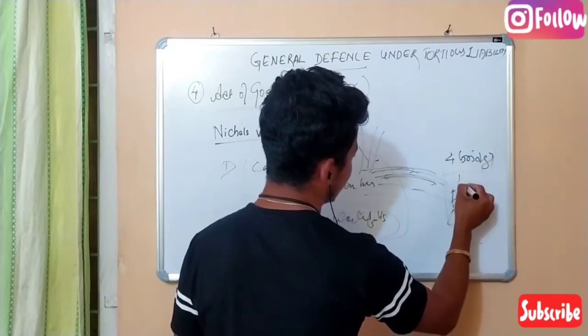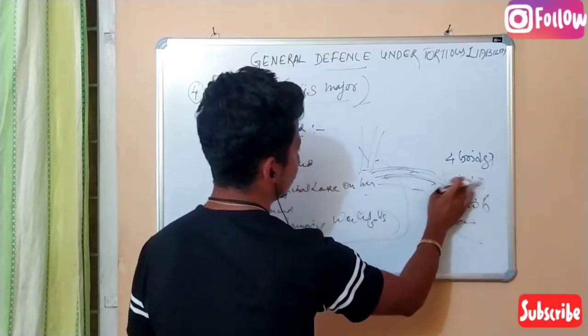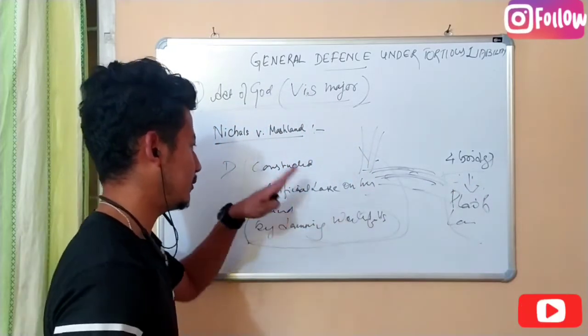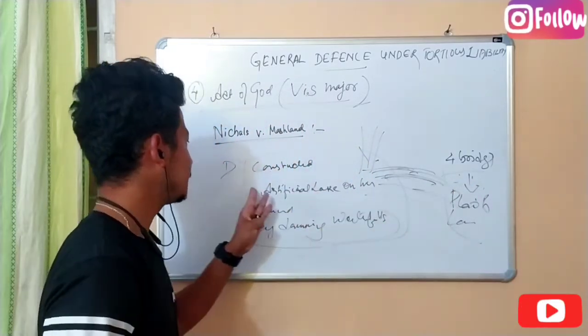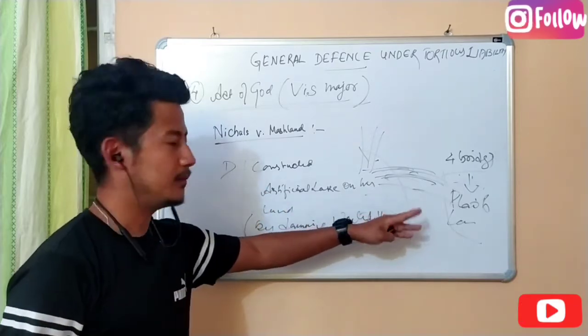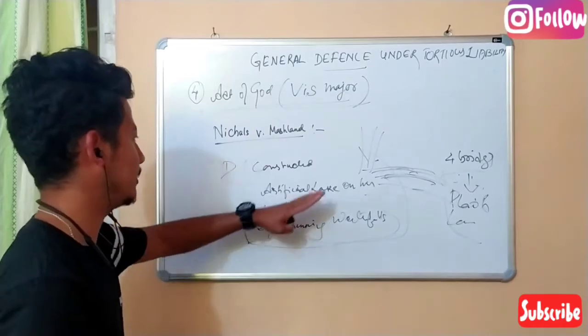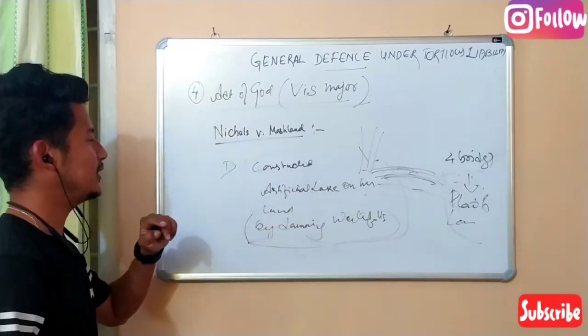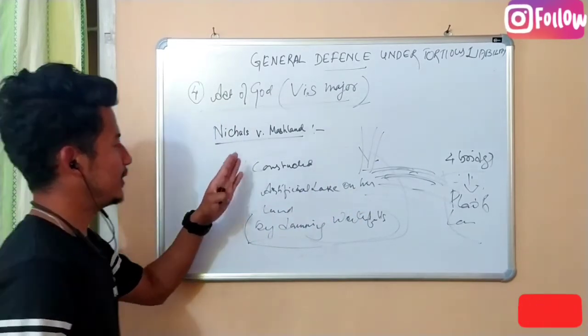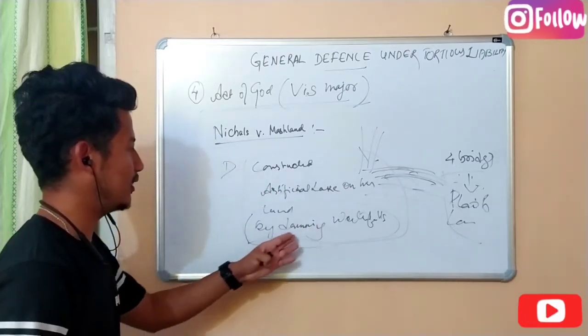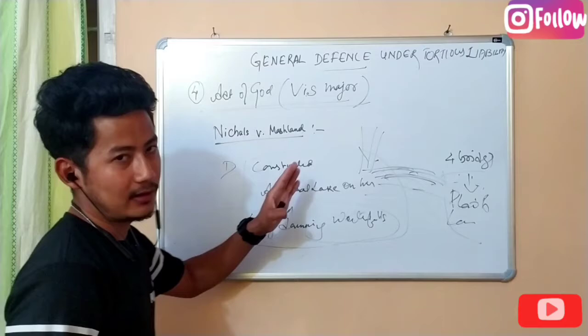So 4 bridges of the plaintiff were rushed away by the water. So in that situation, what happened? The plaintiff filed a suit against the defendant, because of the artificial lake constructed by him by damming the 4 dams, and